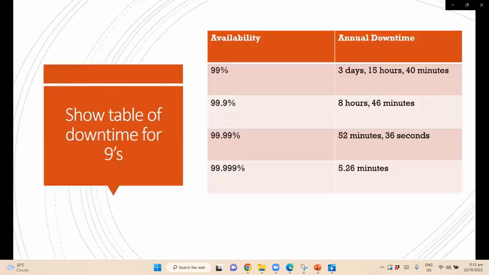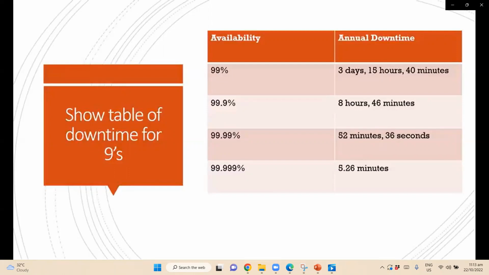This kind of shows just your general availability percentages and what that equals for annual downtime. It's kind of a different way to think about things, because 99%, like if you're taking a test at school or something, that's a great score, but for software, 99% availability is terrible. That's 3 days, almost 4 days out of the year you're down. And for a big company like Amazon, you're talking billions of dollars if your website is down for 3 days